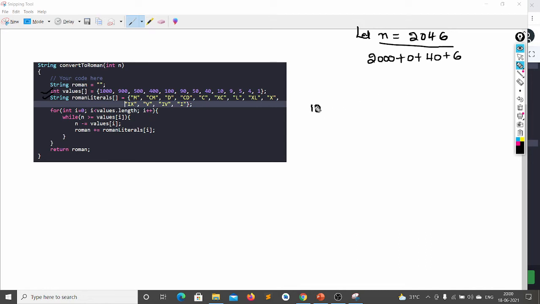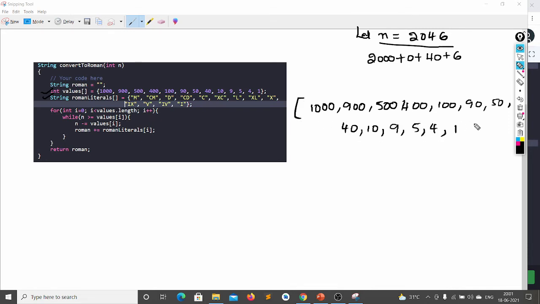Suppose let's take 1000, 900, 500, 400, 100, 90, 50, 40, 10, 9, 5, 4, 1. We have some array like this and we are traversing over this array.